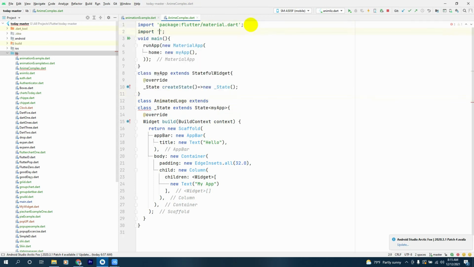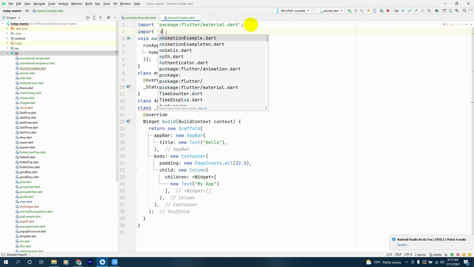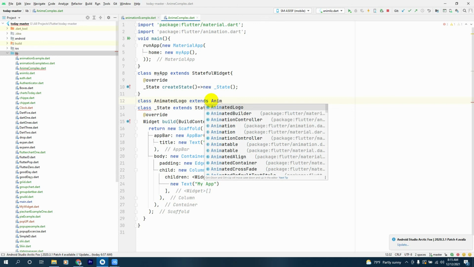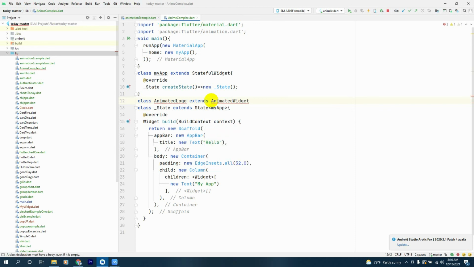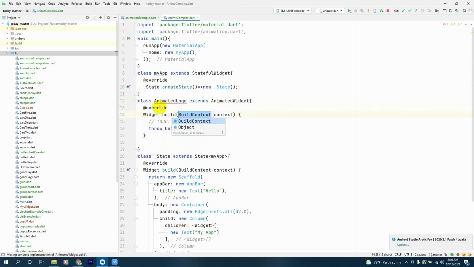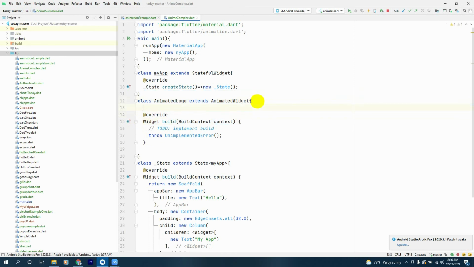First we'll have to import our animation dot. Then here the animated logo will extend animated widget, and we'll implement the missing overrides like this. Then inside the animated logo class, first we'll have a static final